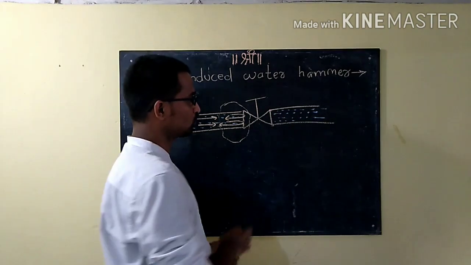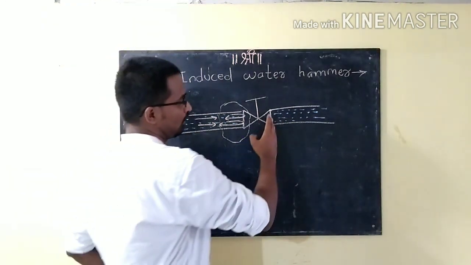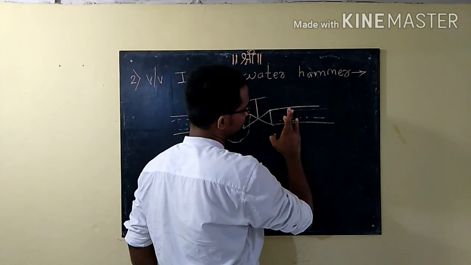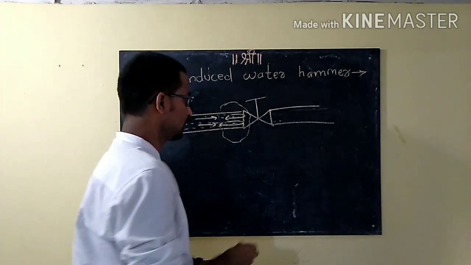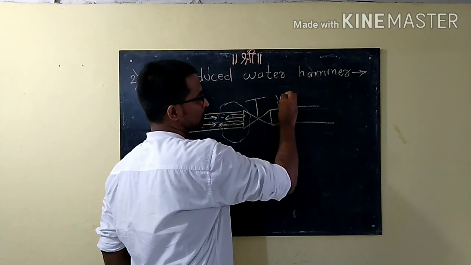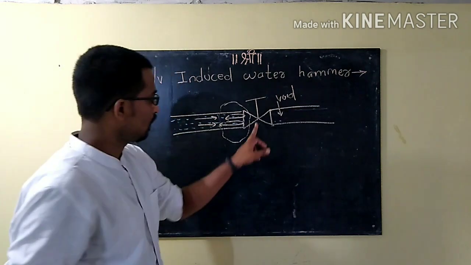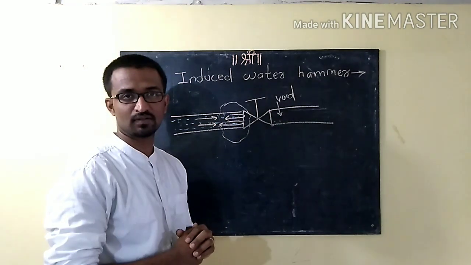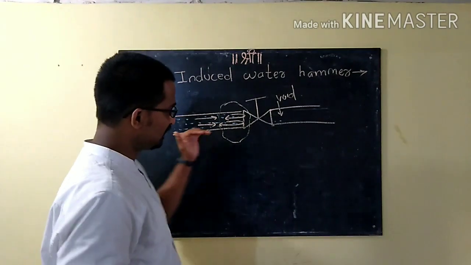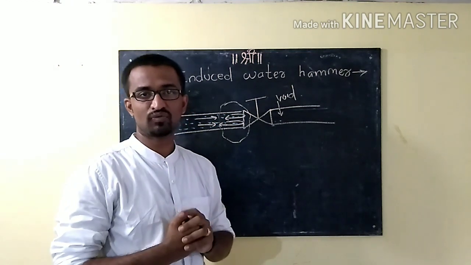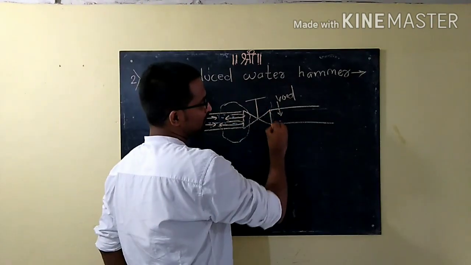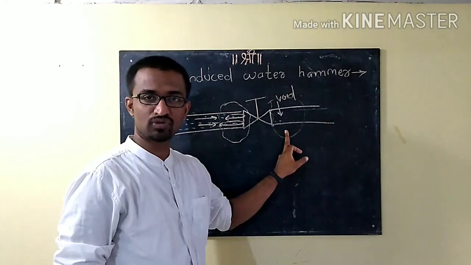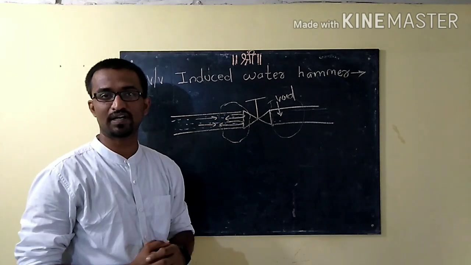Second thing, when you suddenly close this wall, this water has some energy. It uses it and it will go forward, and here a void space will be created. So here it will be a void space. So when you open this wall, this pressurized liquid goes into a void space. So when this pressurized liquid enters into a void space, some kind of noise will be there. We called it a void induced water hammer. So we discussed a void induced water hammer and a wall induced water hammer.